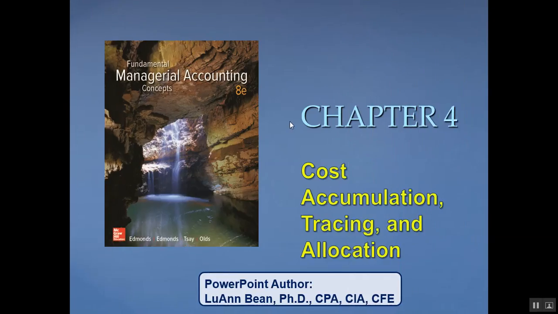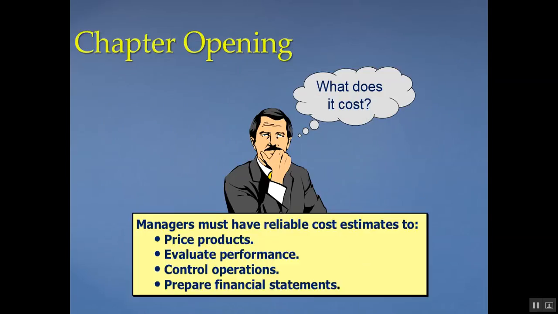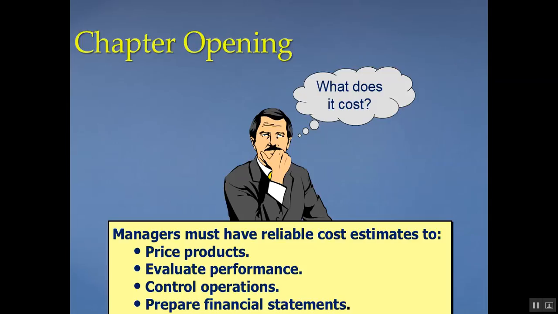Today we're going to talk about cost accumulation, tracing, and allocation. This chapter is going to be split up into several videos to reduce the length of the videos. So basically in this chapter we're going to talk about how to cost our products. So why do we care how much it costs? Well, we need this information in order to be able to price our products, evaluate performance, control operations, and prepare